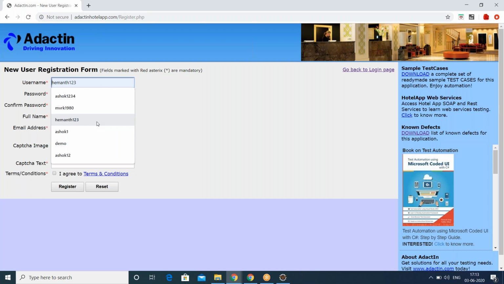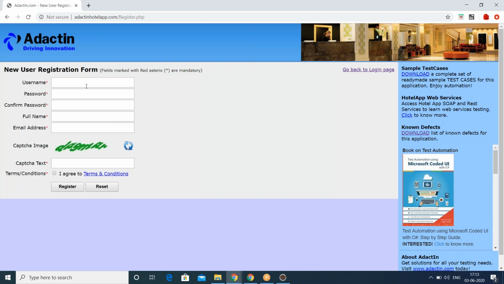If not, please register yourself. Create a username and password, confirm the password, and enter your email address. You have to provide a valid email ID because the registration verification link will be sent to your email. So do this process.